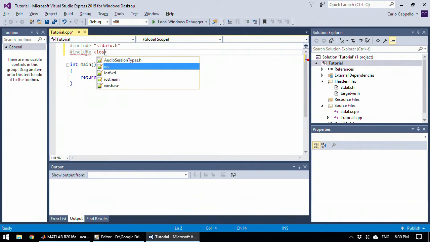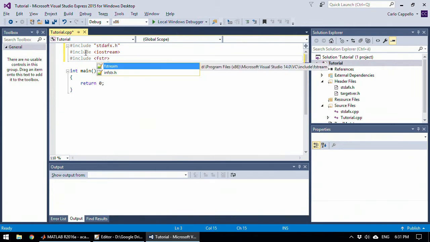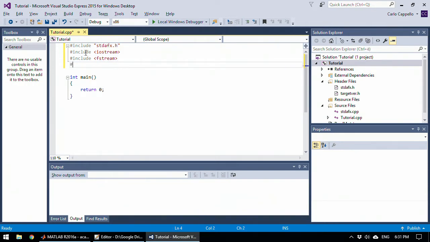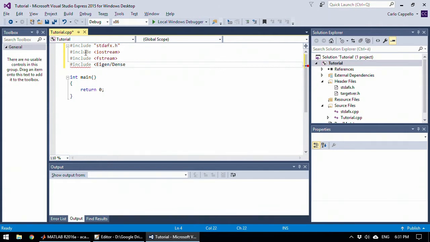For this tutorial, I also want to include iostream and also include fstream for input and output files. Okay, now I also want to include my Eigen library, so Eigen slash Dense, and also